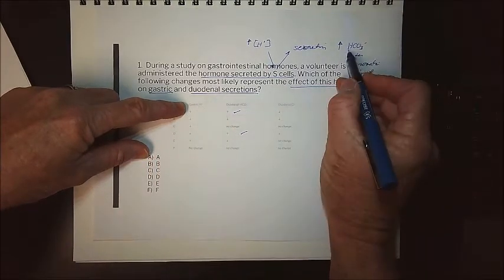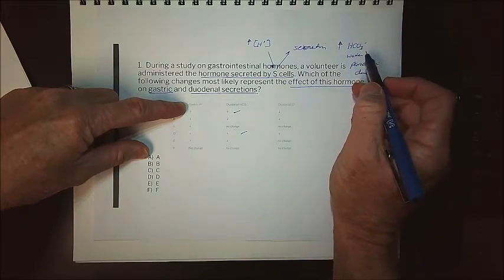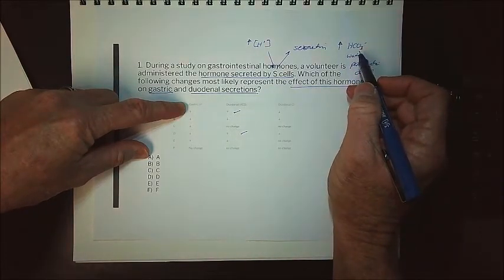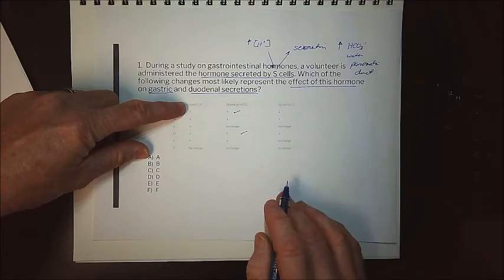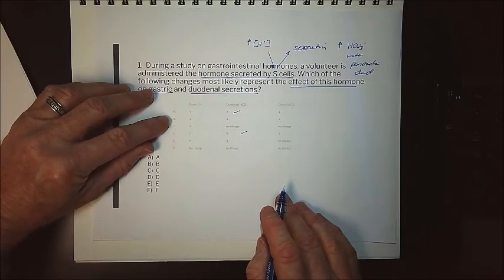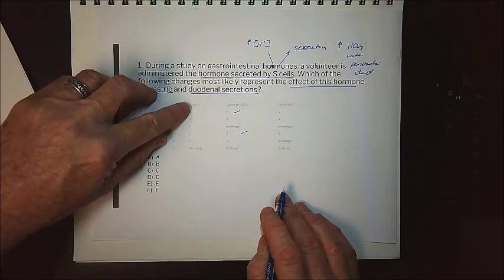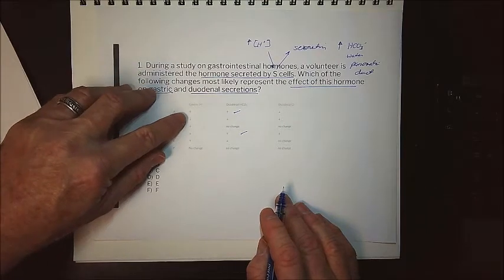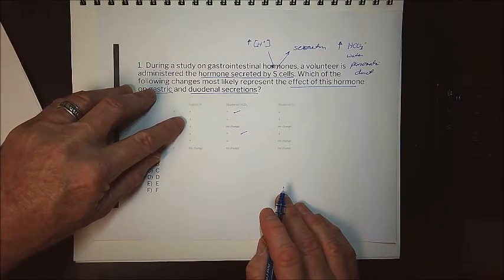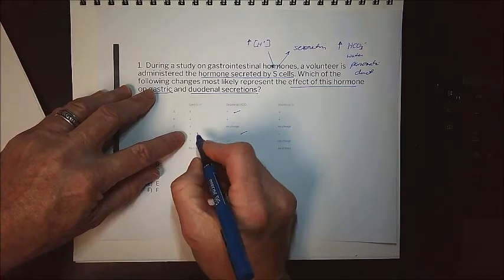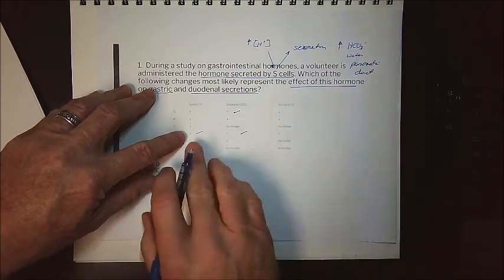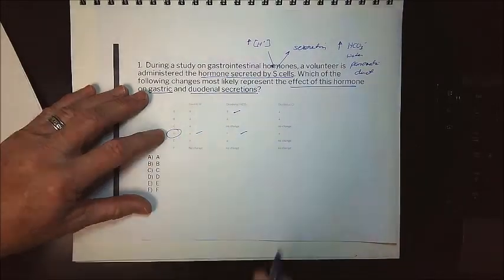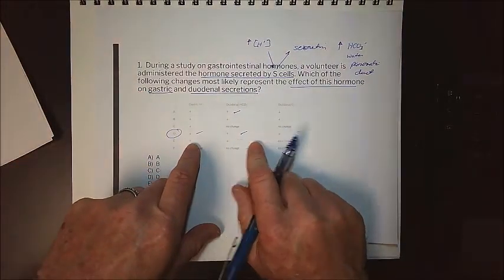So remember, this is going to mop up those hydrogen ions to increase the pH to try to get it back to neutrality. So it is going to decrease gastric proton concentration, protons coming out of the stomach. So it looks like from our choices here, it looks like this one here. Now, I would say that D is probably the correct answer just from these two here, but let's confirm it